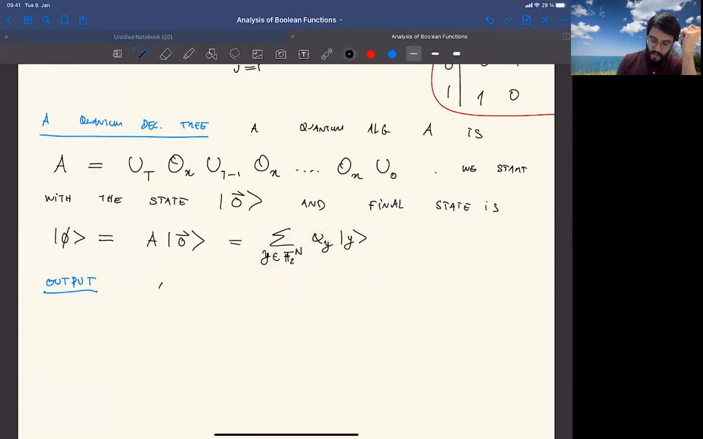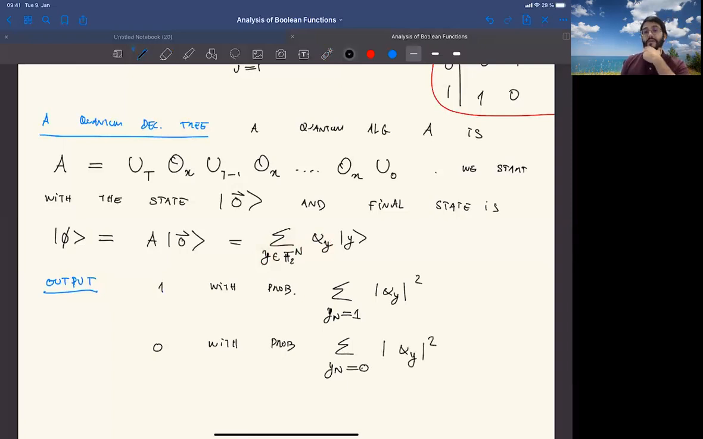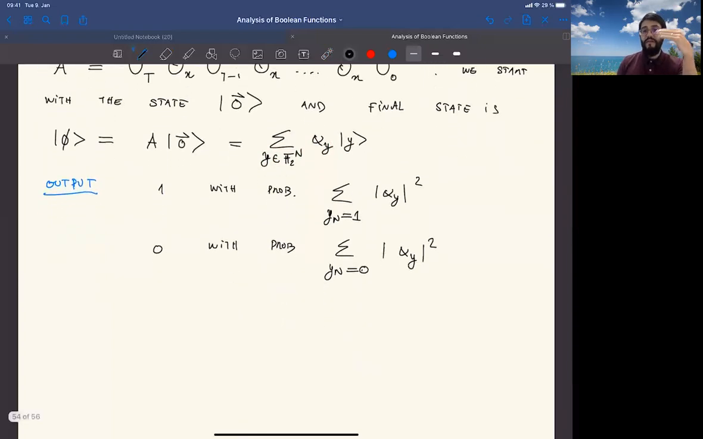So the output would be 1 with probability summation of alpha y, where the last one is 1, and 0 with probability, I'm going to summate it over the guys that end with 0. Okay. And of course, the sum of these 2 numbers is 1, because the sum of all the numbers is always